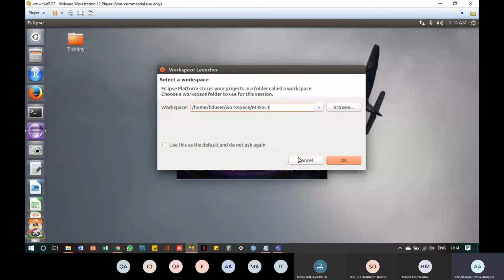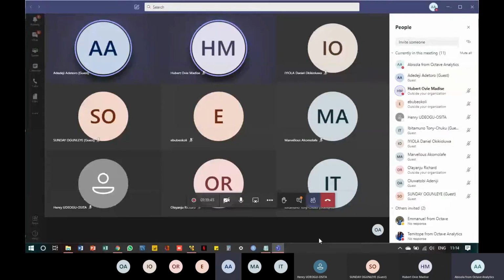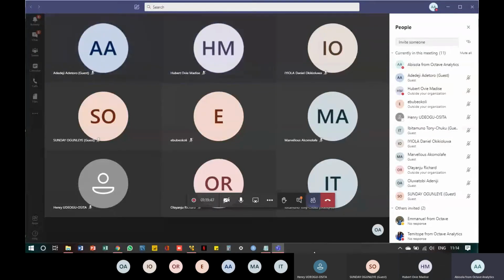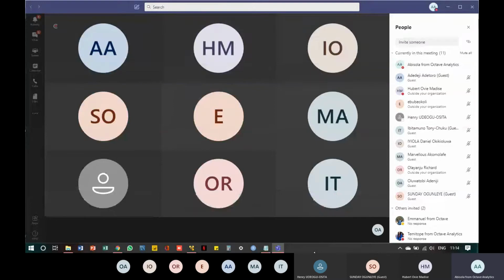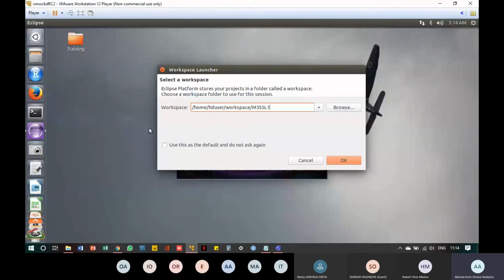Do you have the Workspace Launcher opened just like this? Anyone? Yeah, I have mine open, but I would like to know the exact page on the lab book that you're working on. Okay, page 24. Okay, thank you. Page 24. So you have it opened. That means the other student too has it opened, so I'll just move on. Does anyone have any issues with this particular screen? Like, can you see this?